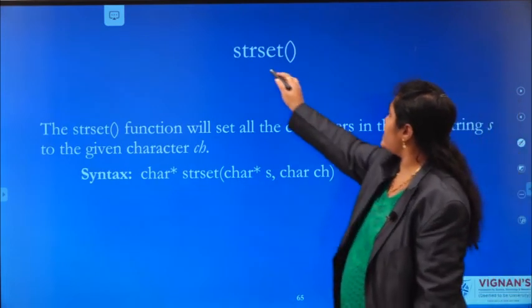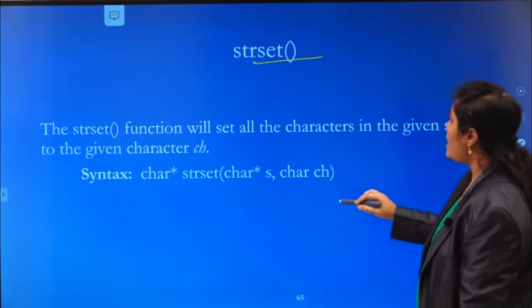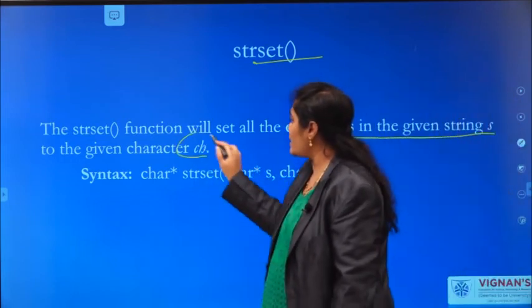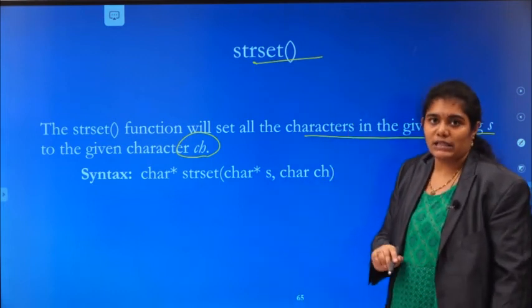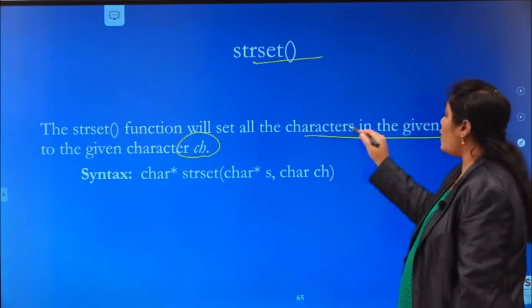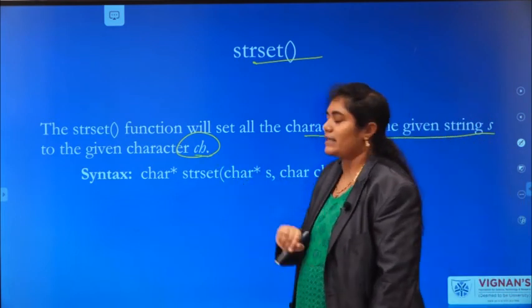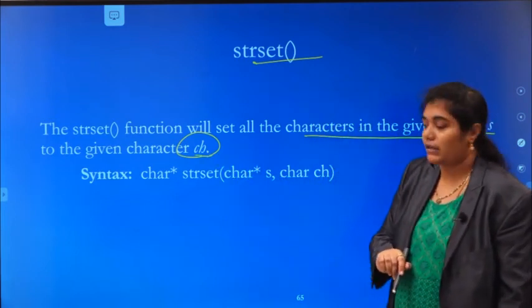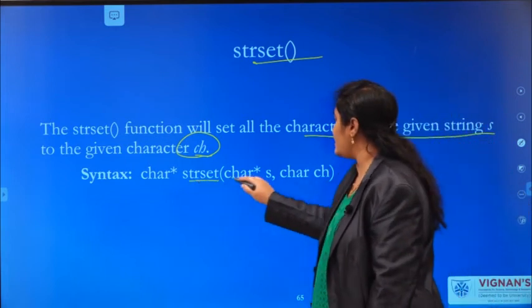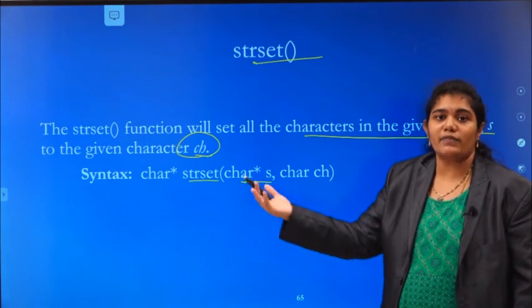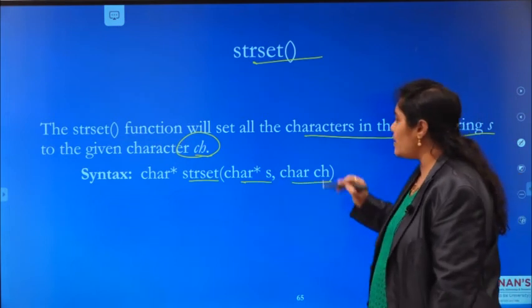And strSET, as we discussed in the starting, this function will set all the characters in the given string to the given character. The syntax is strSET of the string we are going to convert, followed by the character.